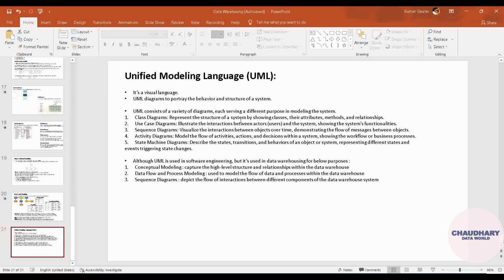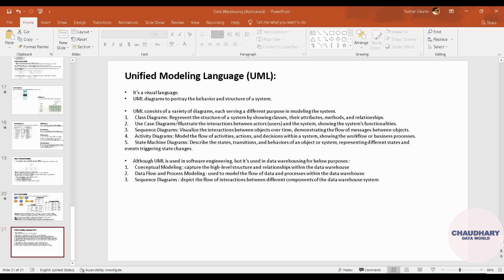This language is nothing but a visual representation of your system. It is responsible for representing the behavioral and structural perspective of your system. Now, what are the general varieties of diagrams? I will not say that these are the only varieties of diagrams used in UML. There are many others apart from this, but the general varieties of diagrams are the class diagram, which you can go